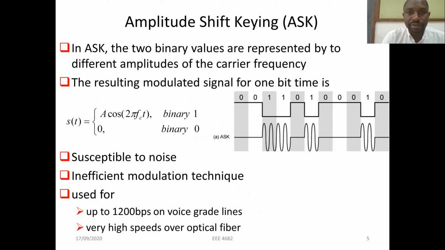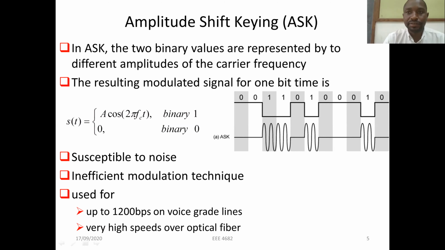So let's talk about amplitude shift keying. This is one old digital modulating scheme that we should consider. In amplitude shift keying, basically the two binary values are represented by different amplitudes of the carrier frequency, whereby you will have binary 1 representing, say, no change in the amplitude, while binary 0 will represent a change of amplitude of the carrier. So in this case, if you look at this diagram, you will notice that